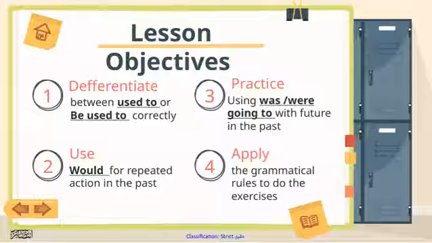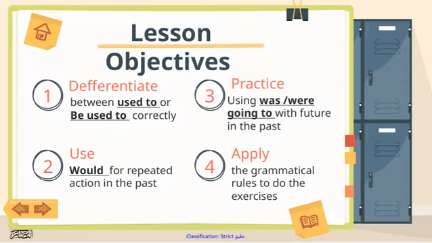Moving on, we'll look at how to use would for repeated actions in the past, helping us express habits or routines that happened regularly before. Finally, we'll explore how to use was going to with the future in the past, which is a useful way to talk about intentions or plans that were set before but may not have been realized. Throughout this lesson, our goal is to clarify these concepts so you can use them confidently in your speaking and